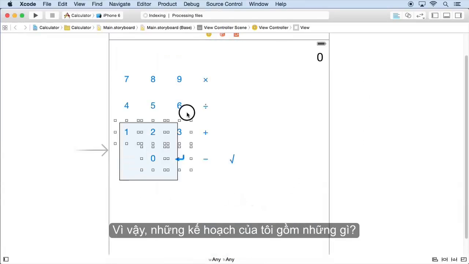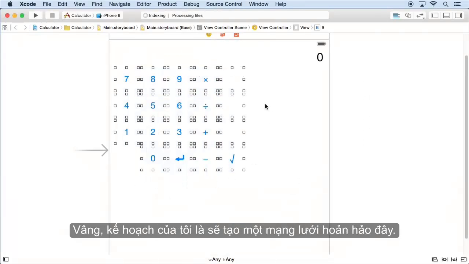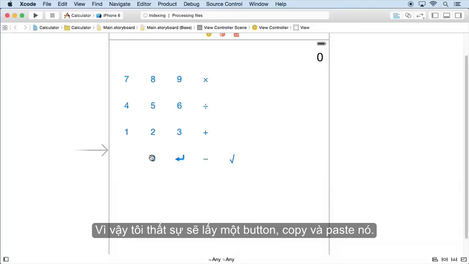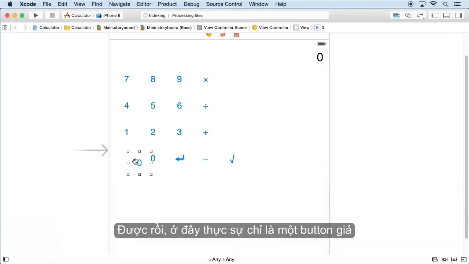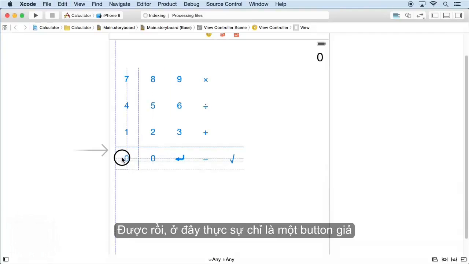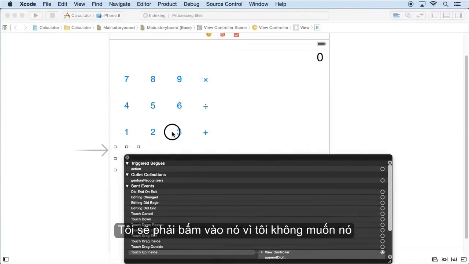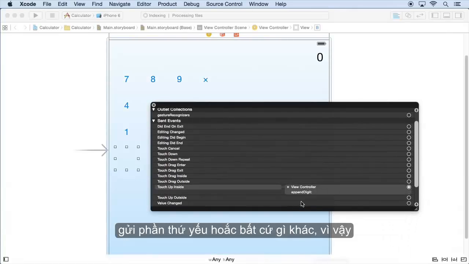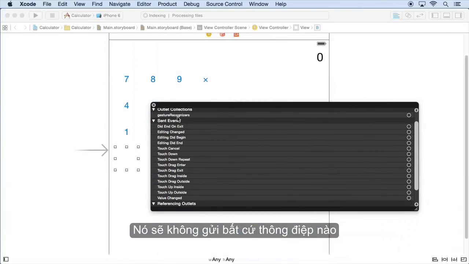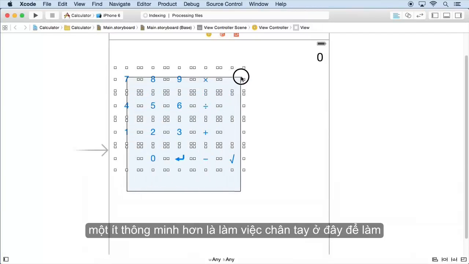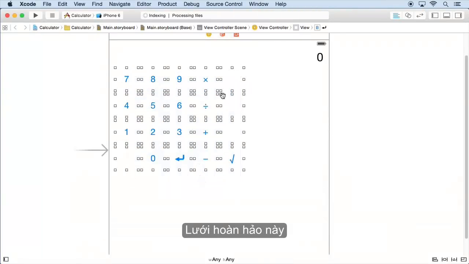So what is going to be my strategy? Well, my strategy is I'm going to make a perfect grid here. So I almost have one, except for there's one missing here. So I'm actually going to take a button, copy and paste it. Okay, just kind of be a dummy button here actually, with no title. I'm going to right click on it also because I don't want it sending a digit or anything else. So it's not going to send any messages. But it's just a dummy, so I'm kind of using a little bit of brains over brawn here